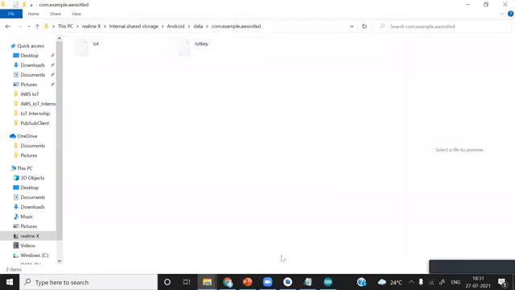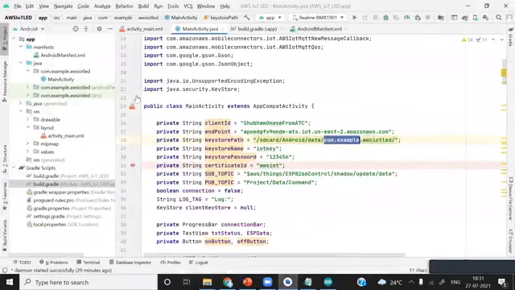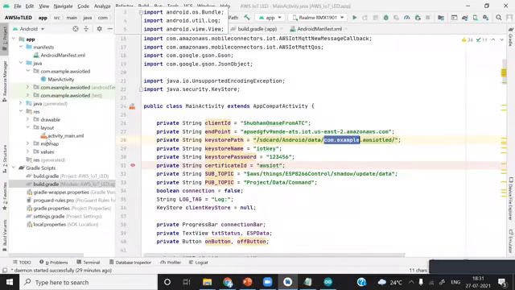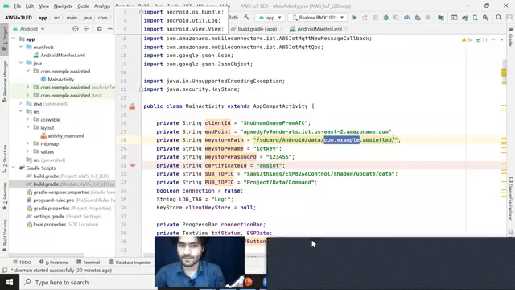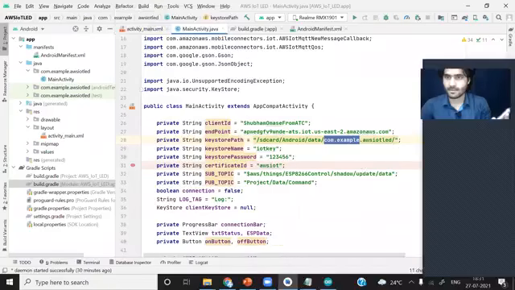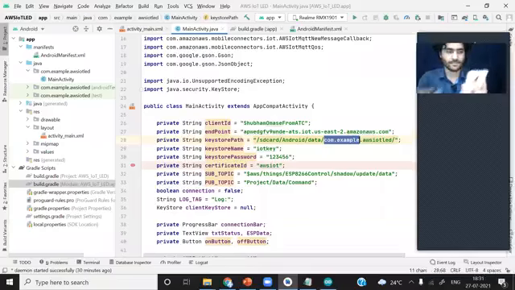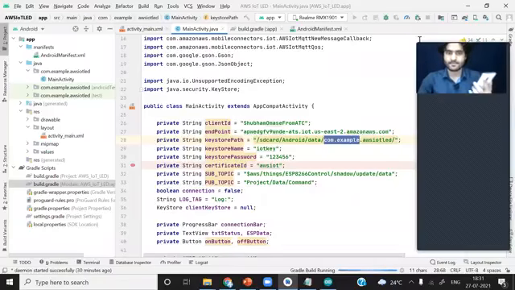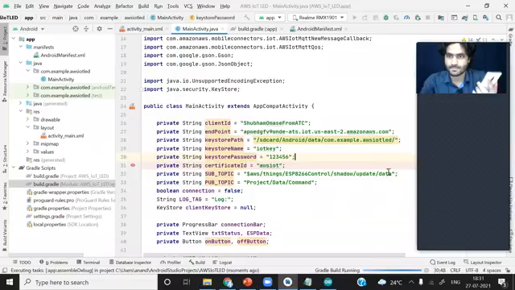Now I'll just simply run the application on my device. I will turn on the camera. I'm running this application on my smartphone.